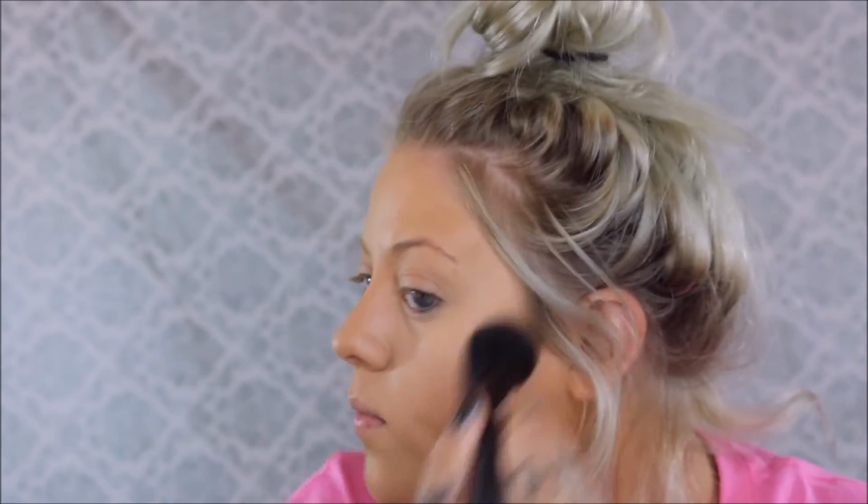Take it into the hollows of your cheeks, and you can take it up a little bit since it is a blush and bronzer in one. It's literally perfect just for adding something to your face. Like, holy